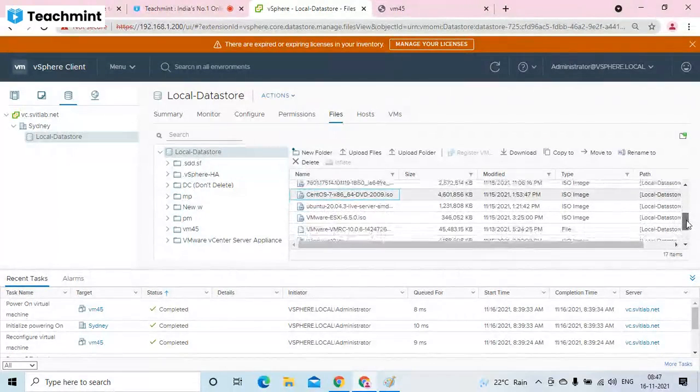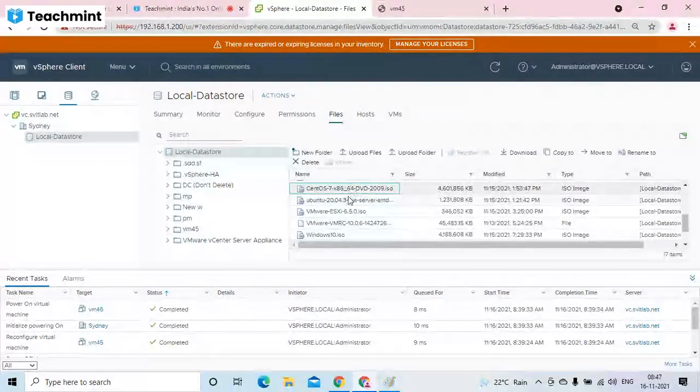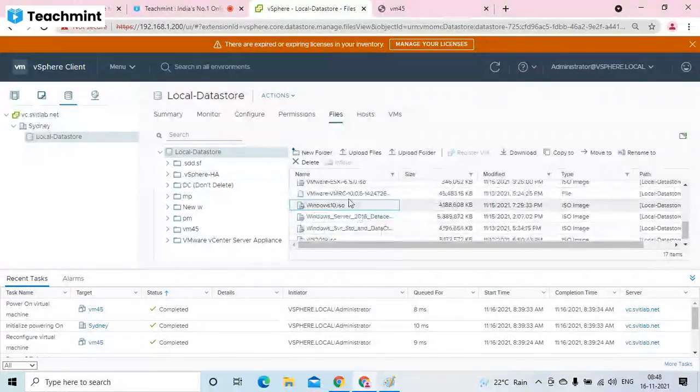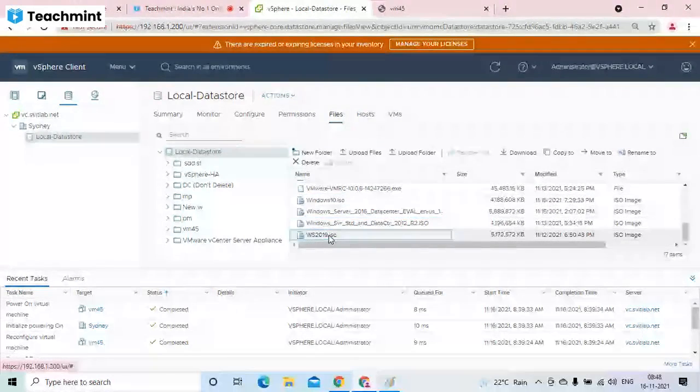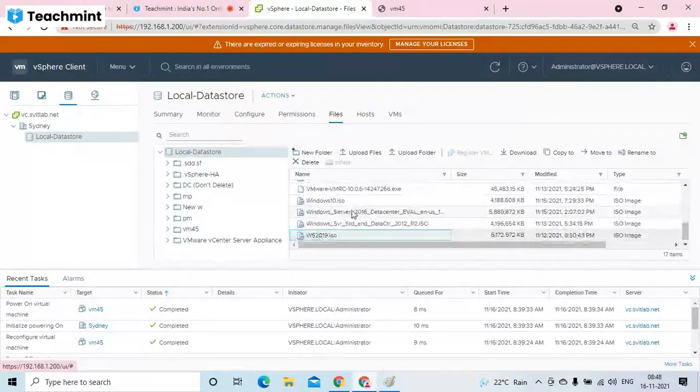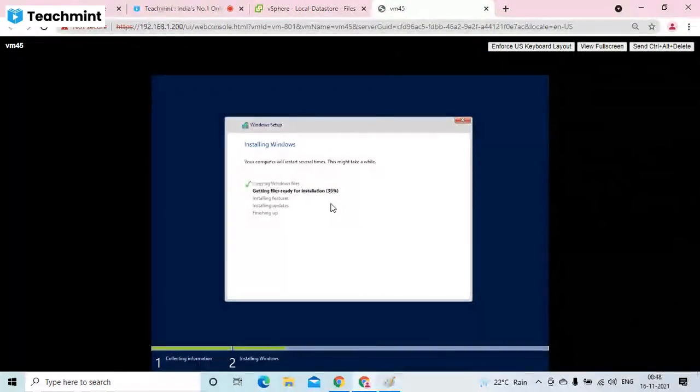Linux, if somebody is interested to install Linux OS, if you know how to install, you can do that. Ubuntu is also there. ESXi 6.5, Windows 10, Windows 16, Windows 12, and also Windows 2019 latest operating system is also available. You can practice any of these operating system installation. Try with the 2016 and 19 because those will be used more in the future. 2012 is a bit old and it's not outdated yet. It may outdate soon. 2016 and 19 you can start practice.